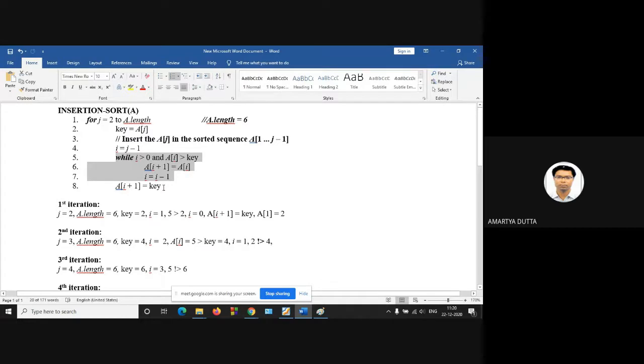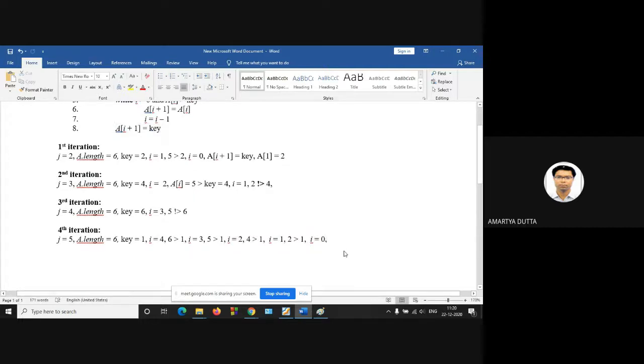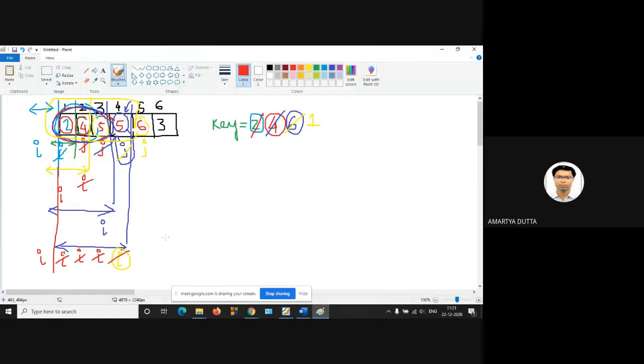According to line number 8, key is equal to A of I plus 1. So at position I plus 1, 0 plus 1, that is position 1 of the array, you have to place the key value, that is 1.